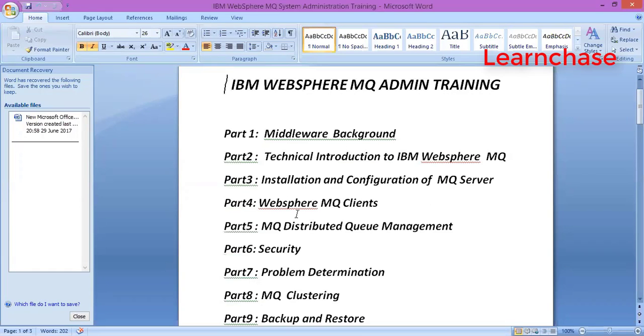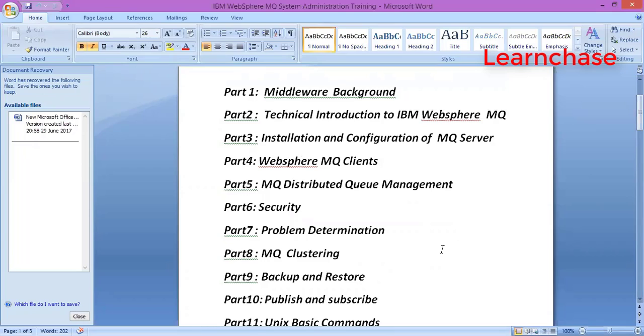And the technical introduction to IBM MQ. Here I will be covering the features and benefits. Introduction, the benefits and features of the MQ, and versions. What's the difference between the latest version and the previous version, and additional features, and the objects which are required for the communication, and the application, like how they connect to the MQ, with what calls, by using some of the calls like open, MQ put, get, MQ connection, all these calls, and triggering concepts,